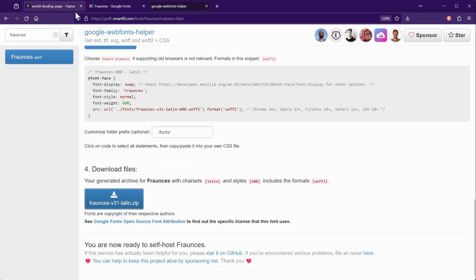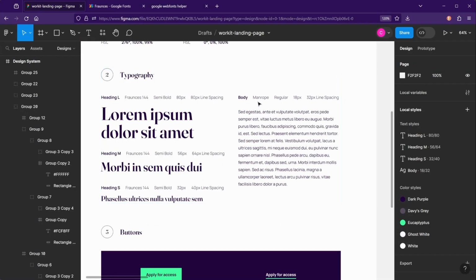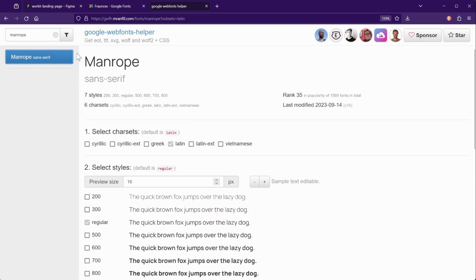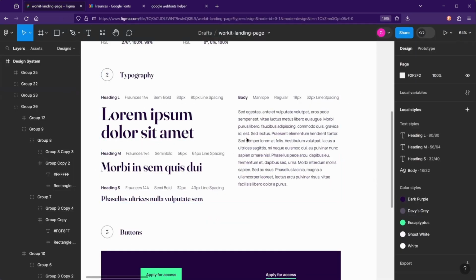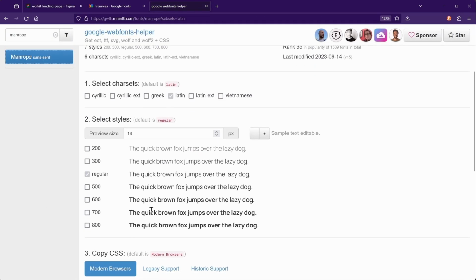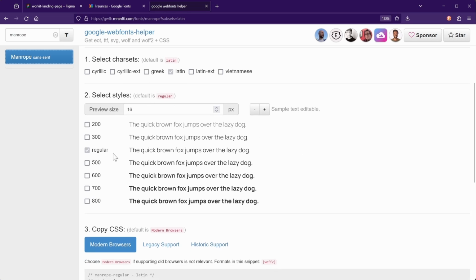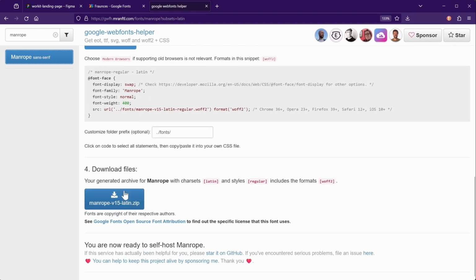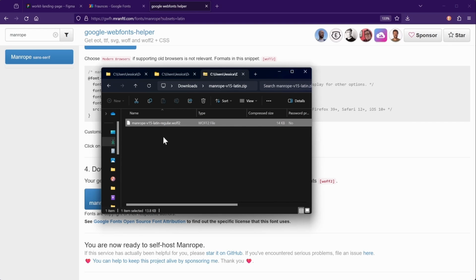So let's download the other font. That one was called Manrope. Go to Google Web Font Helper, Manrope, and then we need to get the weights. Looks like it's just regular. So this is good. They're not using too many different font families or font weights. We have regular weight. We want the modern browsers, and then we'll download. So we'll copy that